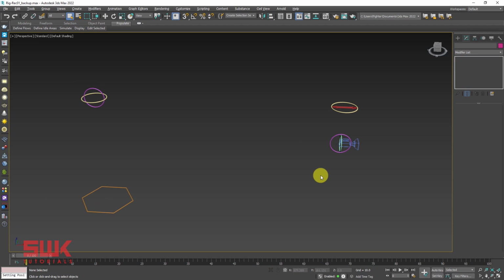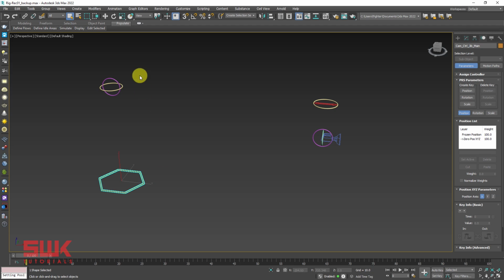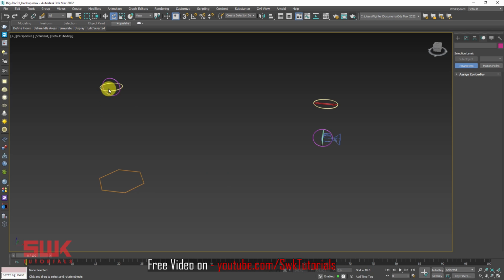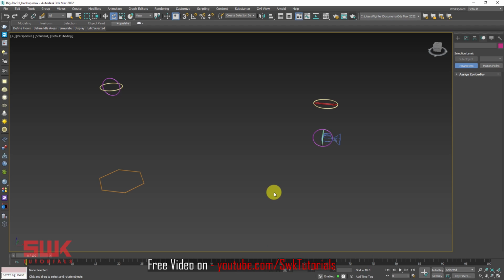Now guys, we have to do one additional step and it is extremely necessary. Don't miss it right now. Before I position constrain this controller with this controller, I have to freeze transform all of these objects. Before doing freeze transformation, you have to select your controllers, go to rotation and make sure your controllers are 0, 0, 0. There should not be anything else. They should all be 0, 0, 0.